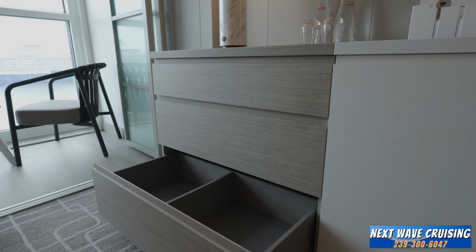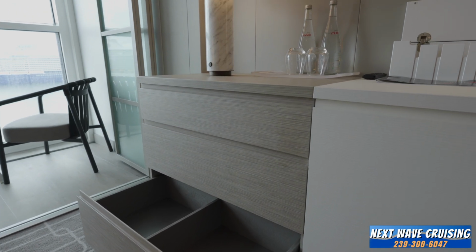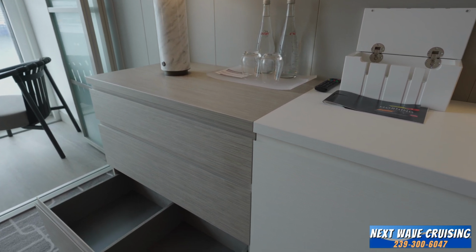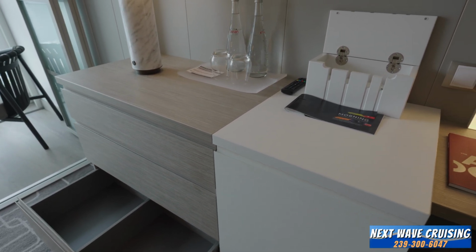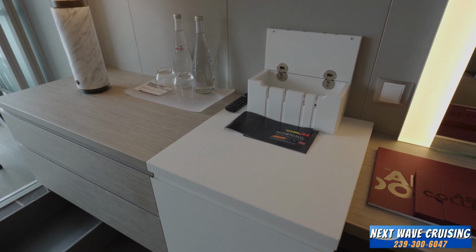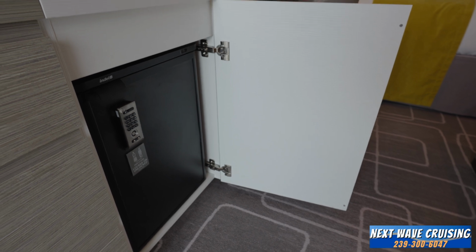In this stateroom, closest to the window and veranda area is your living space. And this includes a large couch. It includes a desk with a backlit mirror. It includes your mini fridge and another dresser area with counter space and 3 large drawers that will pull out, and they are divided so you can kind of divvy up the space depending on who's here in the stateroom with you. There are a number of lamps here that will help you if you sit down to read,